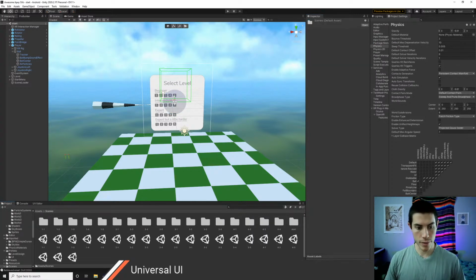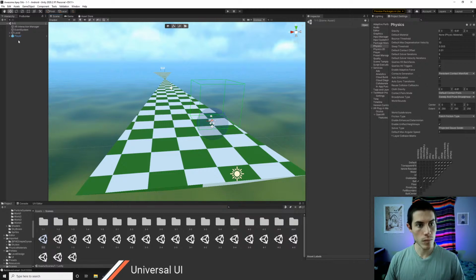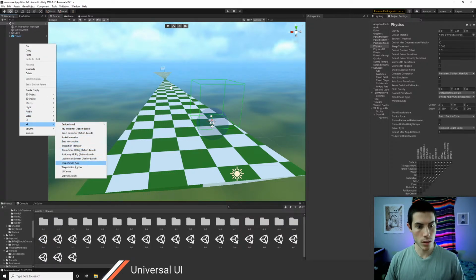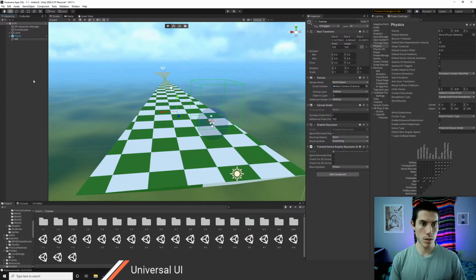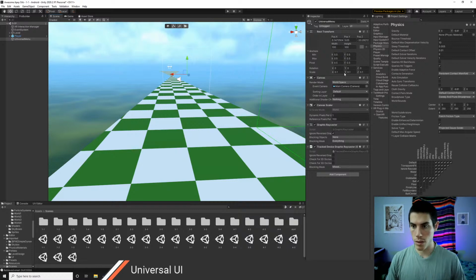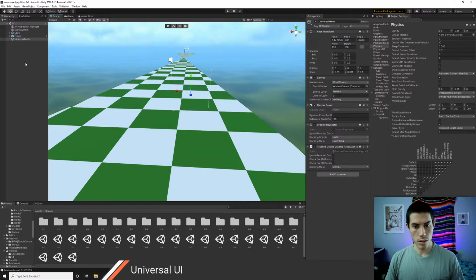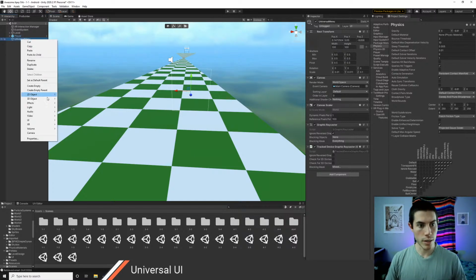Okay, so let's see. Let's go to, I guess let's just go to 1-1 and let's start creating a little UI. Call it universal menu. 0.1, 0.1, 0.1. We're actually going to hit it with the 0.01 treatment. Okay, and then under it we're going to do